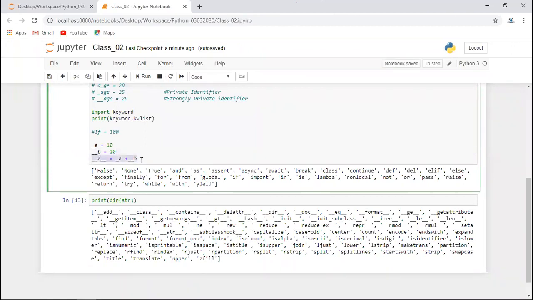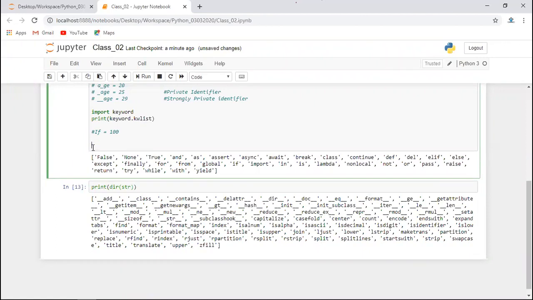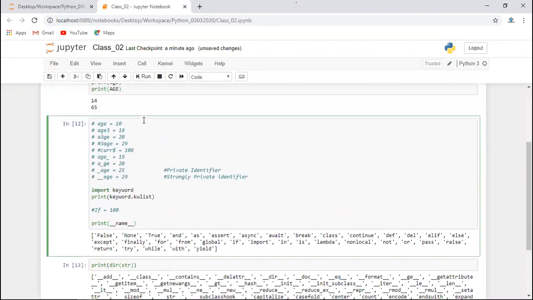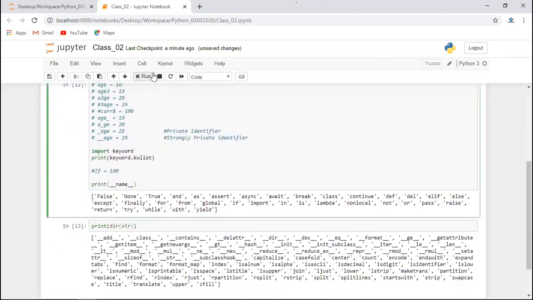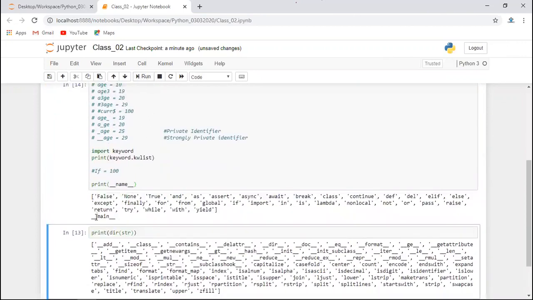I will give you an example. Let's say you write print __name__. If you run this, you can see I have not assigned any value, but it gives you main. So this particular __name__ variable is used for a specified purpose. Whenever you print it here, it will give you main, because currently we are in the main function. So try to avoid this kind of situation generally. These are all about identifiers. Let me know if you have any question here.